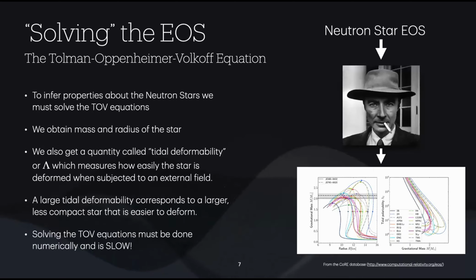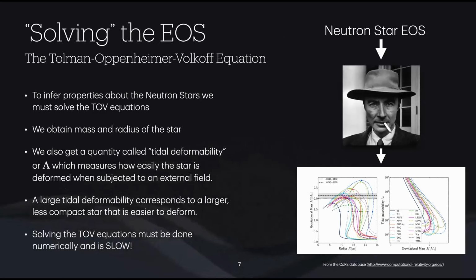Okay, so once we have the equation of state, that doesn't really tell us much about the neutron star composition. To find out things like mass and radius, we need to solve the equation of state. And the way we do this is we use something known as the Tolman-Oppenheimer-Volkov equations, TOV equations. So I have a schematic diagram of this on the right-hand side. So you essentially take your pressure versus density diagram, you pass it through Robert Oppenheimer, and you get out your